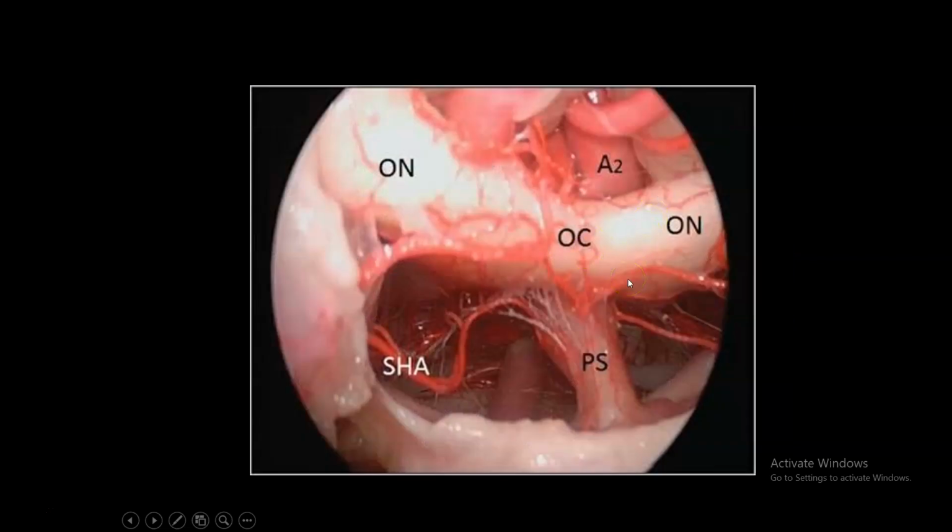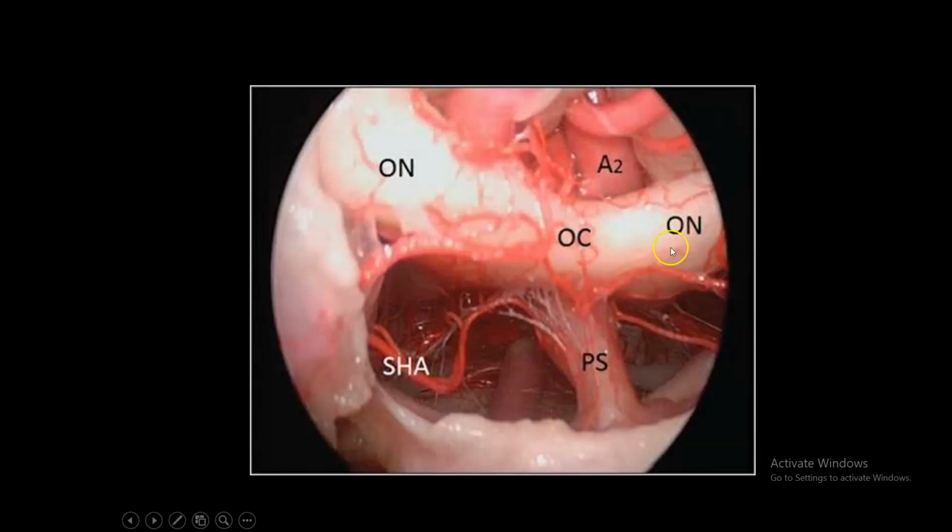If you go from a transsphenoidal view, and you go from the planum extended transsphenoidal and you remove a tumor, tuberculum sellae meningioma or craniopharyngioma, then you can see the superior hypophyseal arteries on either side. This is the pituitary stalk, this is the pituitary gland, this is the optic nerve, and this is to show